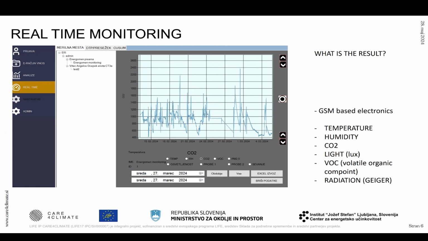But we must know two other things. If we make the ventilation reduction too much, we will impact the quality of life. We don't want to do this. So we measure also volatile organic compounds, quality of air, and we measure also radiation. This one has a radiation Geiger counter inside. If there is any radioactive gas, we should know about it, because this is important for health. We don't want to impact the health by lowering the energy bills.